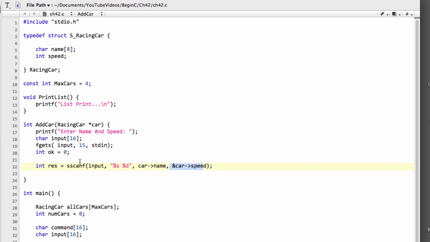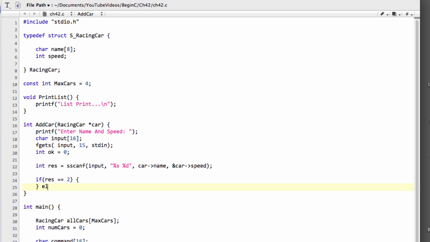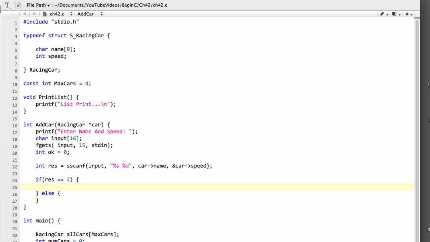So we read into our car pointer now the name that the user entered and the speed. And the point of having this result here is if the user entered a string with no spaces and then the speed, and it didn't take up more space than we had available here, then the result will be a 2. So we can say now that if our result is equal to 2, then, I'll just put an else here now,